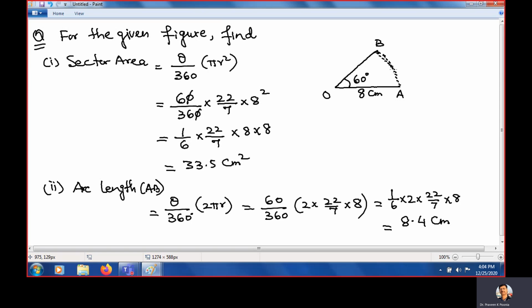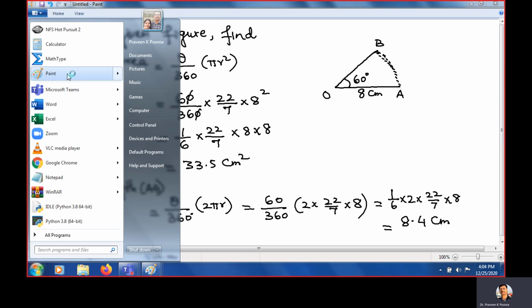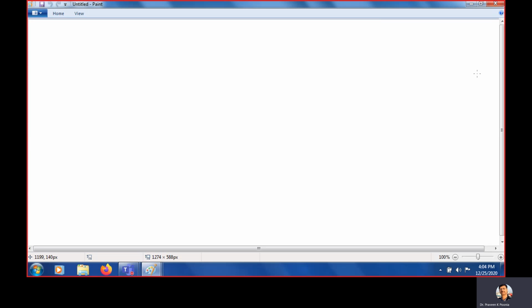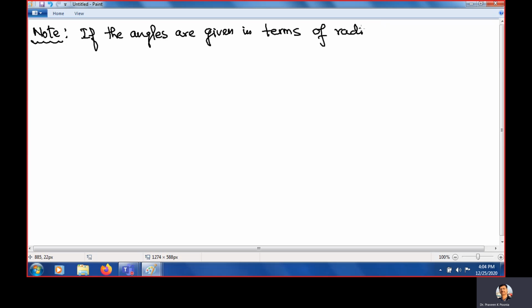Clear? But sometimes the angle is not given in degrees. Sometimes the angle is given in terms of radian, because angle is measured in two ways. What are the two ways? The two ways are degree and radian. So if radian is there, then there is another formula. So note, if the angles are given in terms of radian,